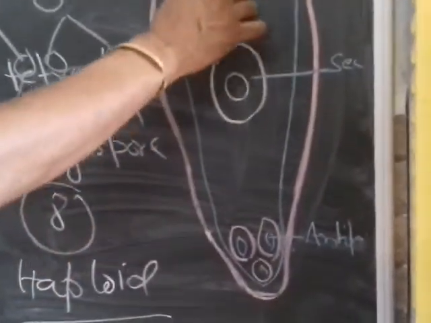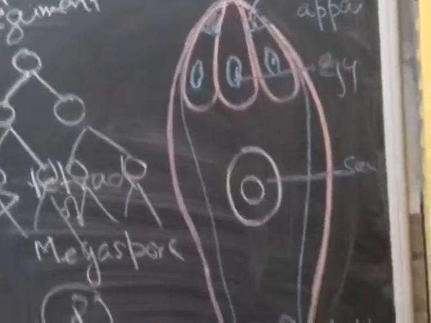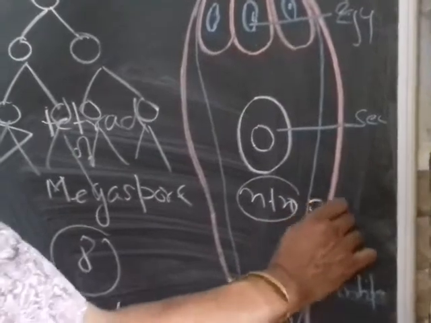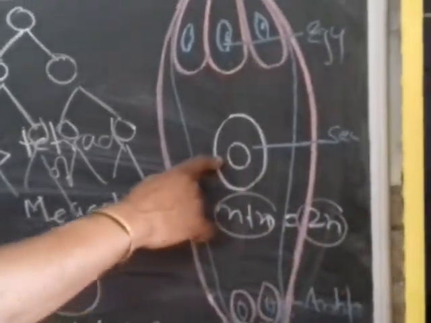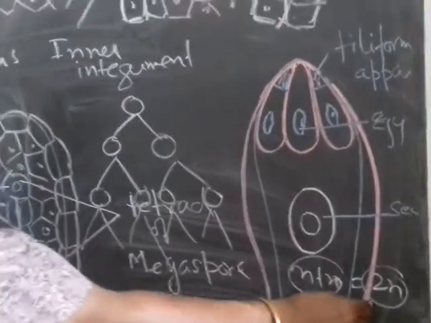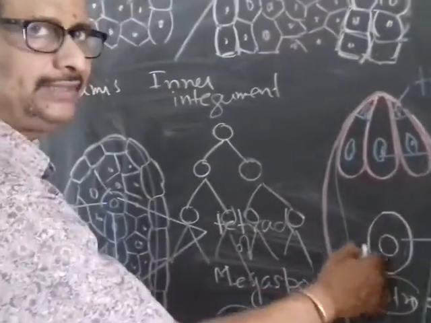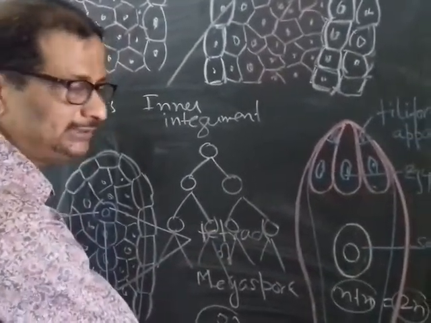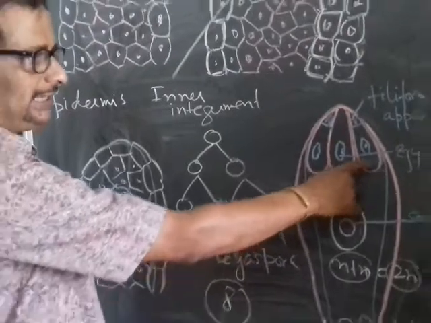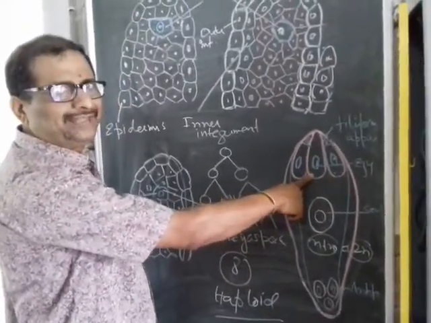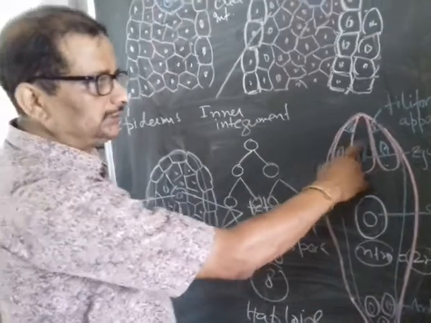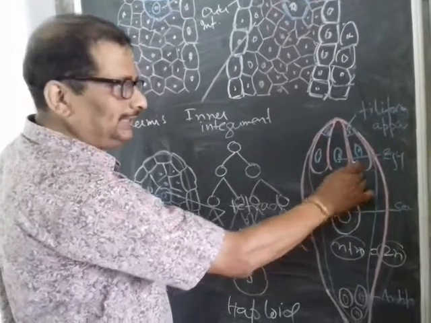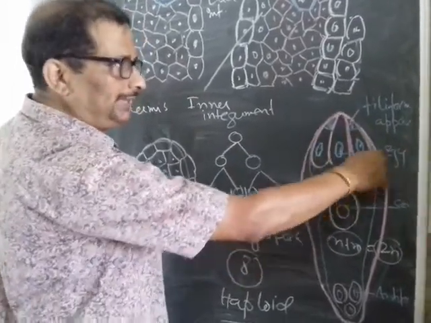Now out of these 4, 1 of them comes to the middle, the N, and the other from the synergid side of the egg apparatus. So the N and N fuse here to form the 2N, which is the secondary nucleus. The secondary nucleus is 2N, inside here in the middle, and we have 3 cells of the egg apparatus and 3 cells in the antipodal group. Out of this egg apparatus, the middle cell is called the egg cell, and the outer 2 cells are called the synergids. The synergids along with the egg cell, which is also a haploid cell, form the egg apparatus.